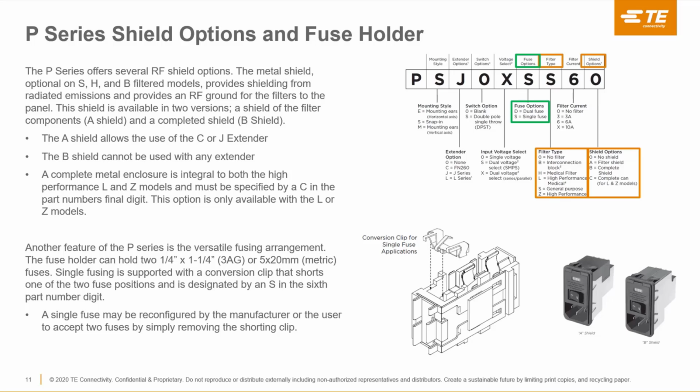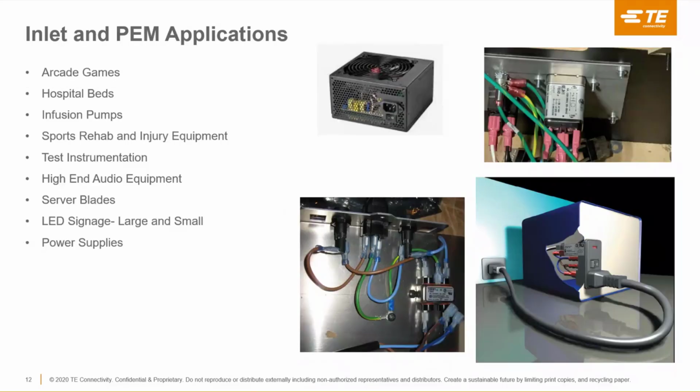Now, a single fuse may be reconfigured by the manufacturer or the user to accept 2 fuses by simply removing the shorting clip. So you can see up there in the 6th option, the fuse options. You have the dual and the single fuse. You can always make the customer order a dual fuse, but the fusing clip allows it to be a single fuse as well. So again, that was a high-level overview of the power inlet modules and the P-Series in particular,